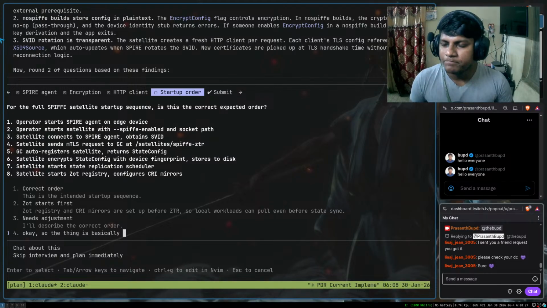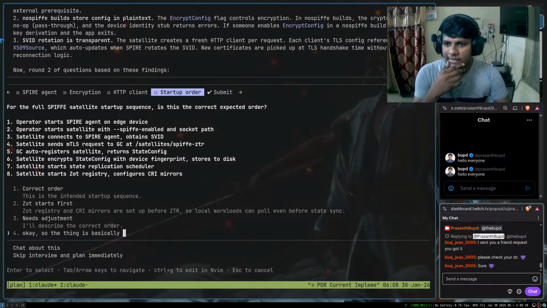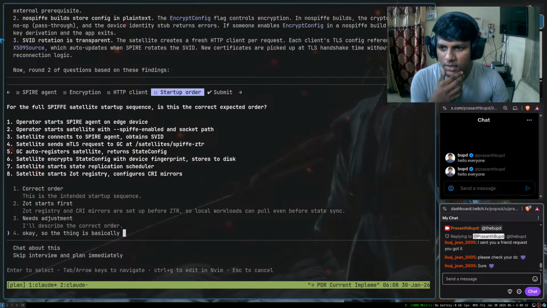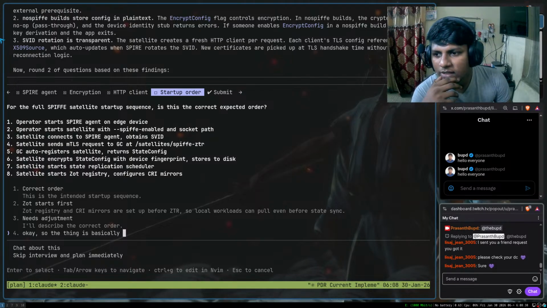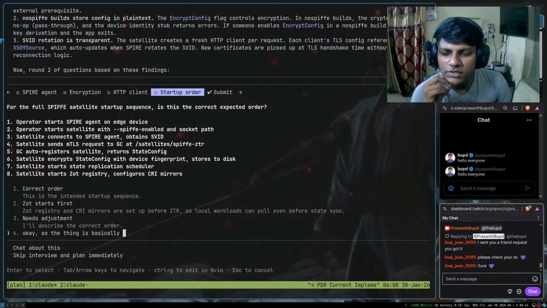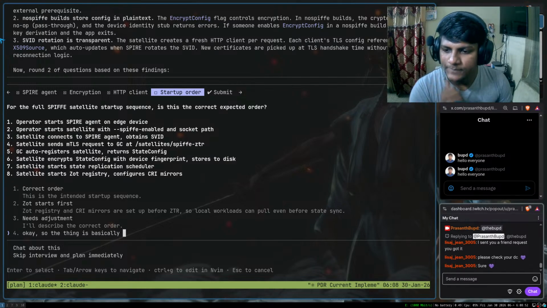Basically, the operator starts a Spire agent on each device. The operator starts the satellite with a SPIFFE-enabled socket path. The satellite sends an mTLS request to the GC at the satellite SPIFFE ZTR. The GC auto-registers the satellite, then sends the state config. Okay, so the thing is, basically,